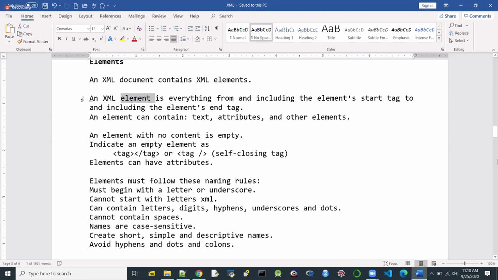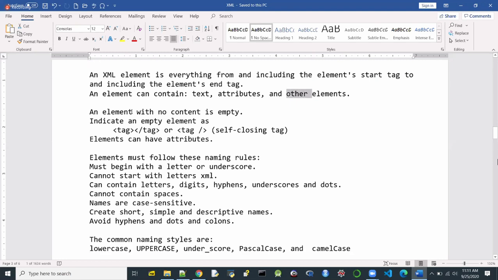Here also the same thing. It is everything from and including the element's start tag up to and including the element's end tag. And as part of the content, you can simply have text, or you can have attributes in the opening tag, or you can have nested elements. As I told you, an element with no content is called an empty element, and this is how we write the empty elements, self-closing or separately writing the opening tag and the closing tag.